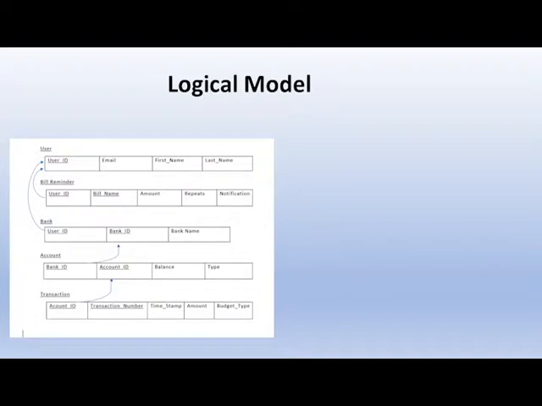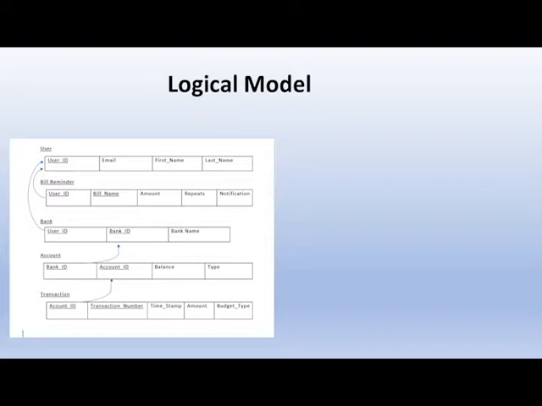Bank, we had only 3: user ID, bank ID, and bank name. Account, we had 4: bank ID, account ID, balance, and type. And finally, transaction, we had 5 different attributes: account ID, transaction number, timestamp, amount, and budget type. From there, we decided what would be our identifier attributes for each row and what would be our